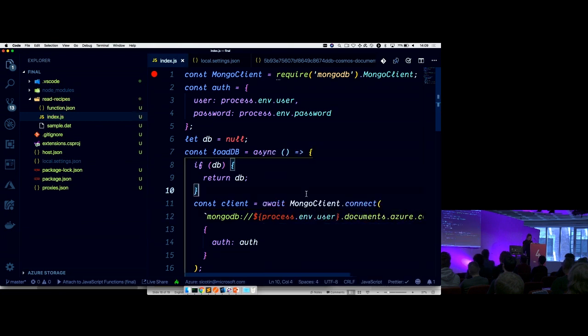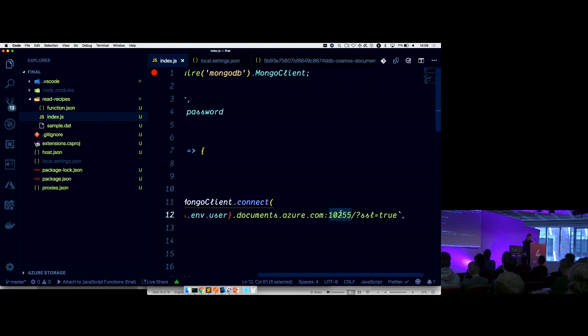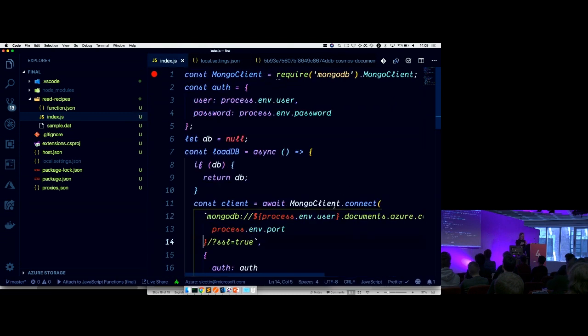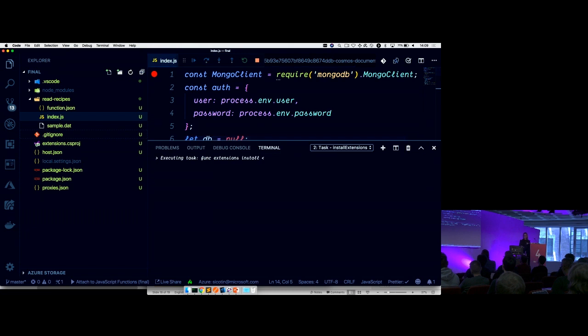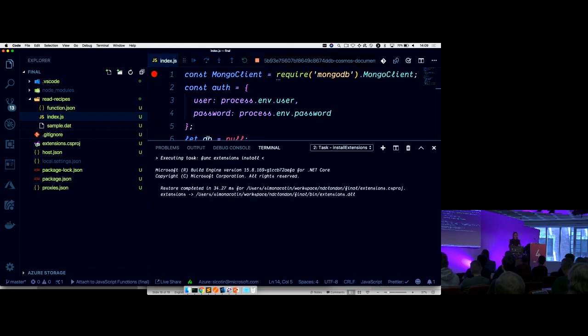Process.env.user, and then our port, we're going to do exactly the same thing. Process.env.port. Okay, so instead of hard-coding the connection strings in our code, we have moved them to this local.settings.json file. I'm going to run this again just to double-check that everything's working as expected.